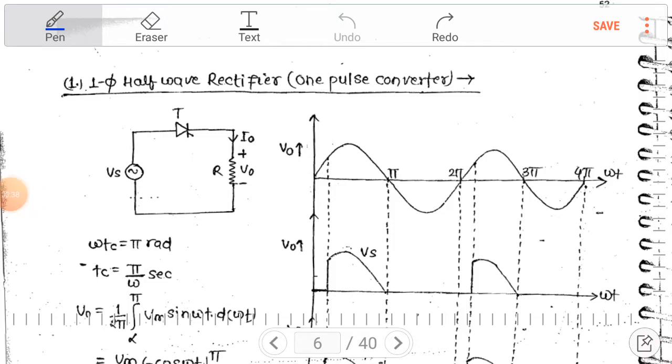So first one is resistive load. In this, 0 to pi is the positive cycle and pi to 2 pi is the negative cycle, and this process will be continued. From 0 to pi our thyristor will be switched on at alpha angle. When it is triggered by the gate pulse it will switch on, and it will switch off at pi because after that the voltage polarity will be reversed and it will be in reverse bias. No commutation is needed; it will be commutated by natural commutation.